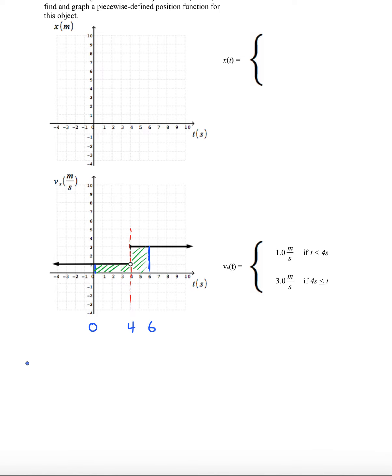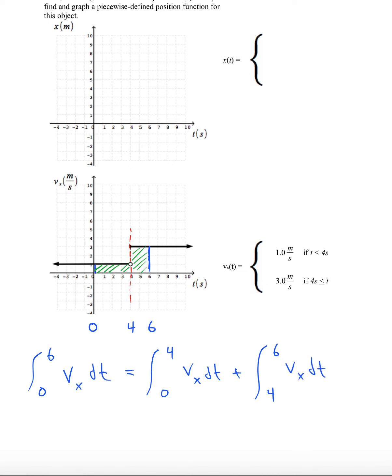The definite integral that we're interested in is going from 0 to 6 of the velocity function. However, because of the discontinuity, we're going to break it up into two parts. We'll go from 0 to 4,